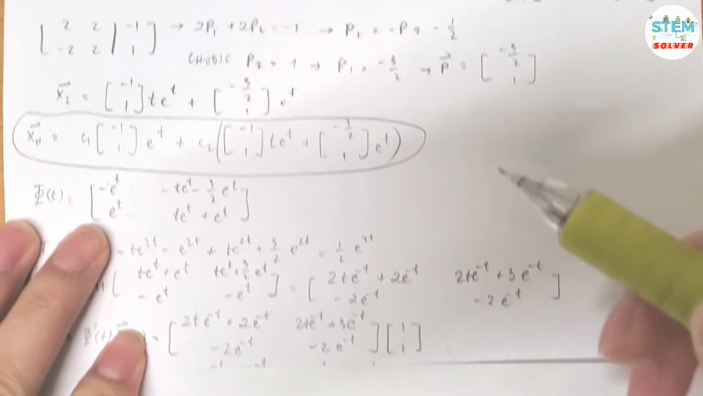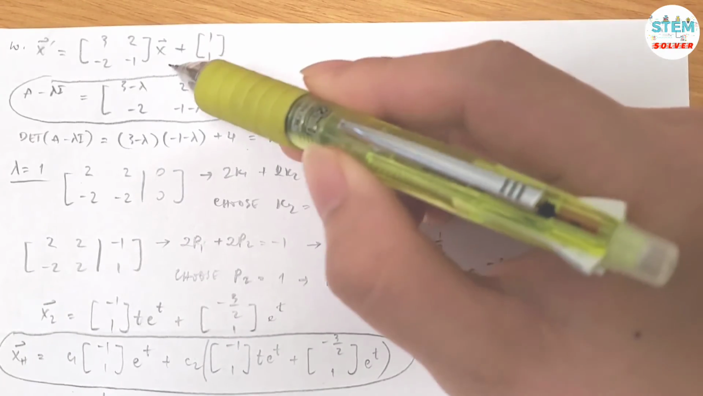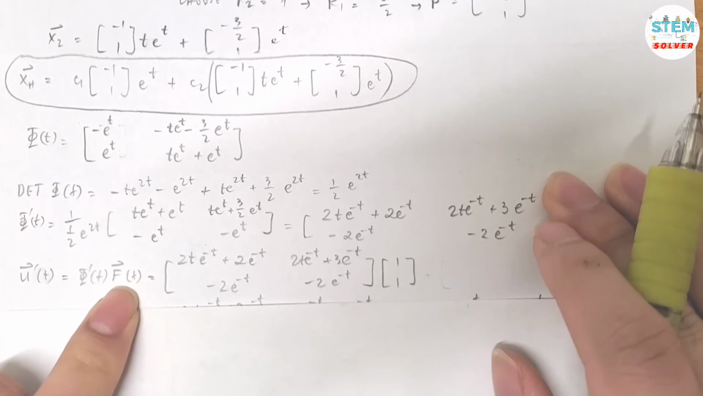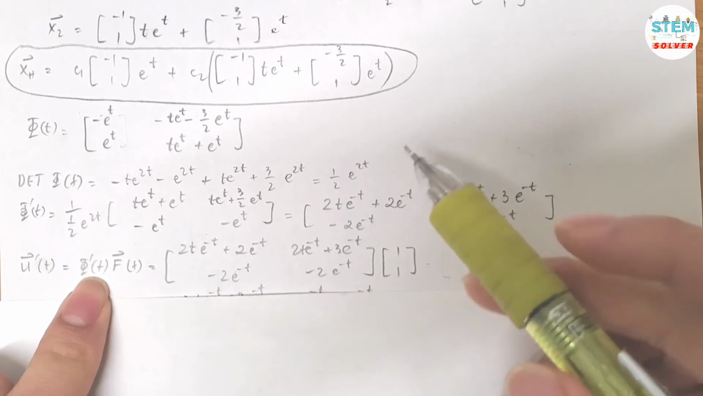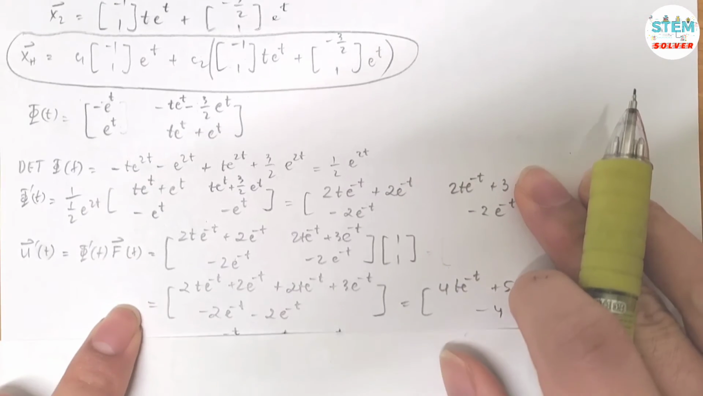What is f of t? F of t is this, what's left over, what doesn't go with vector x. Okay, so inverse phi of t is this matrix, f of t is that matrix, (1, 1). Okay, so